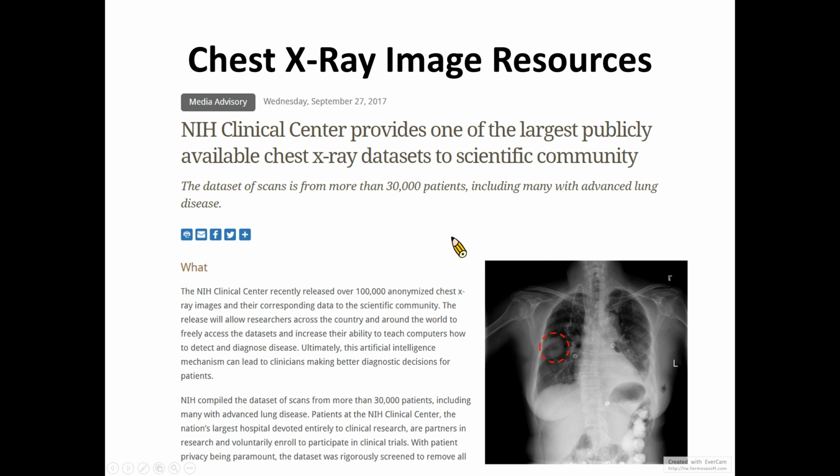With the registration and validation of your account, you can download this database for research and clinical research purposes. So I think this is one of the great steps